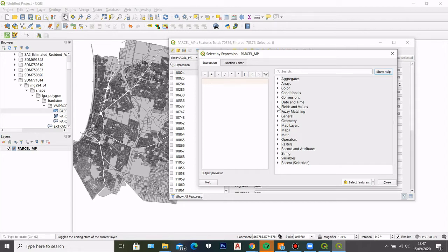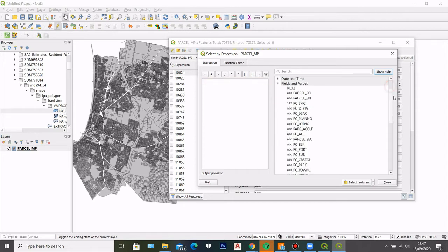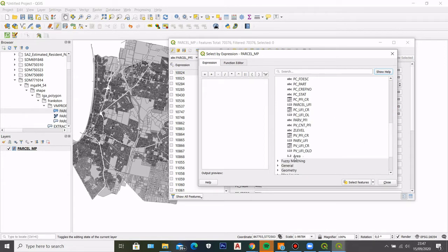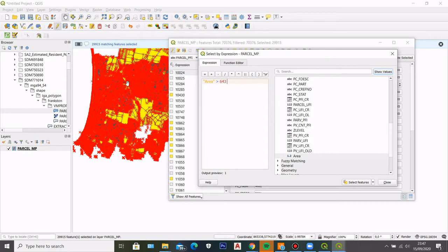go to fields and values here. This is the attribute table that I have of this map, the property that it has, and then scroll down and I can find the area that I have added to my attribute table. So I can double click on that, and then here this is the condition that I want to be selected from this cadastre. So I want an area more than 643,